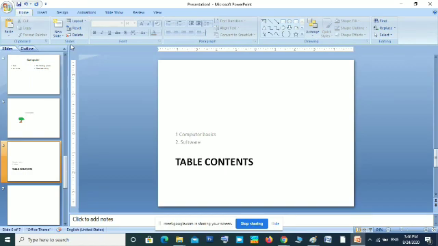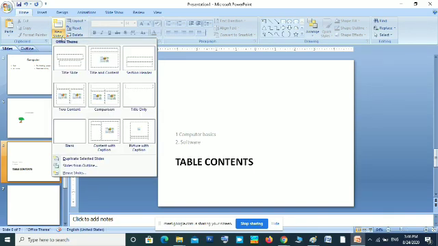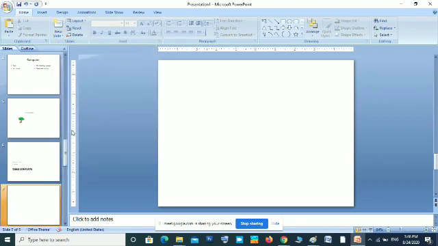So inserting is also in the Home tab. The first group is the Clipboard group, the second group is the Slides group. In the Slides group, click Insert New Slide. Now from these 9 slide layouts, you can select the layout that you want. Here I am using the blank layout. This is how to insert a new slide.